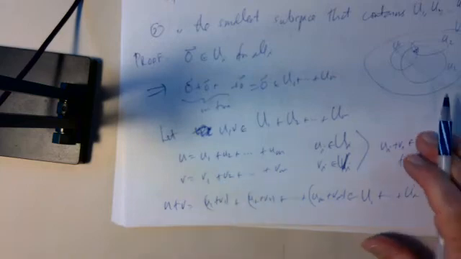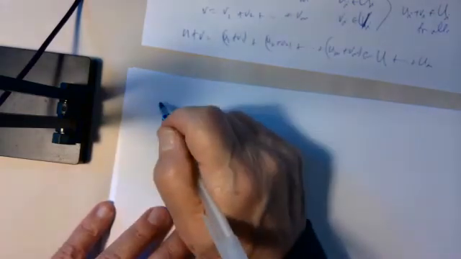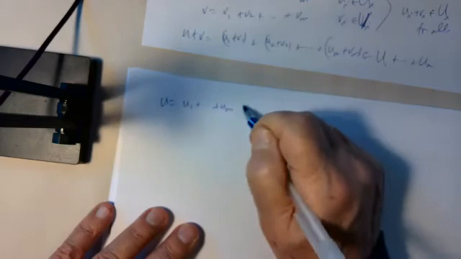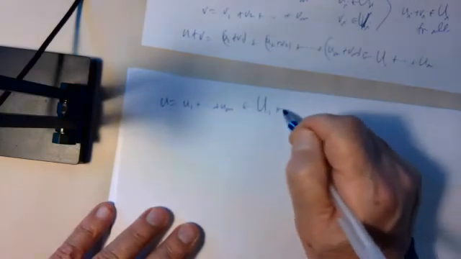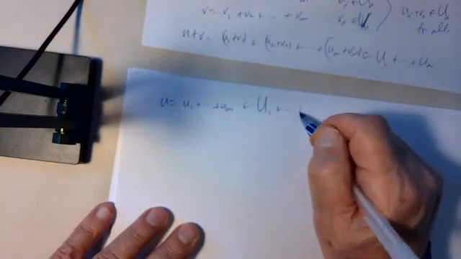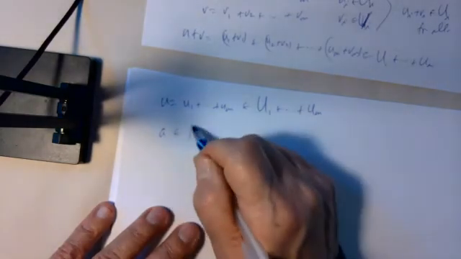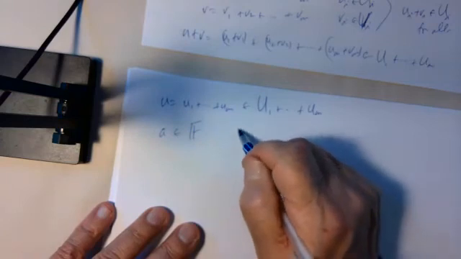And if I take u, which is u1 up to u sub m in this sum set, and I take a scalar a in the field,